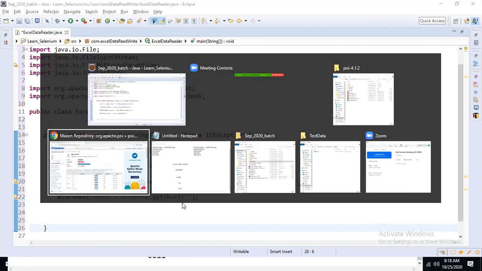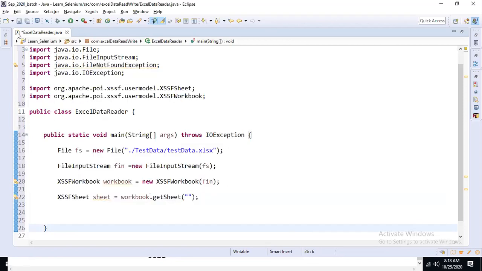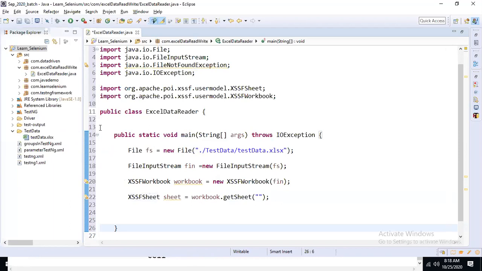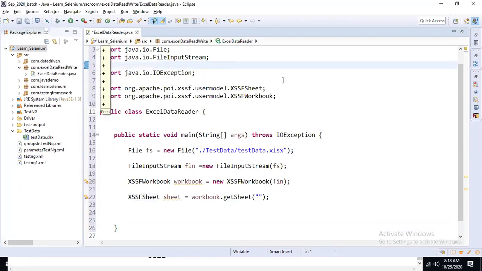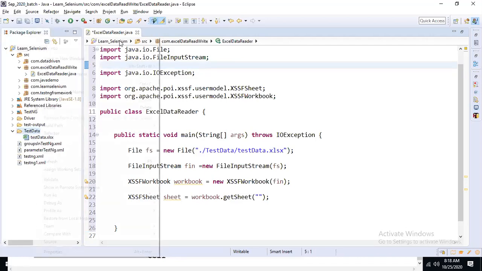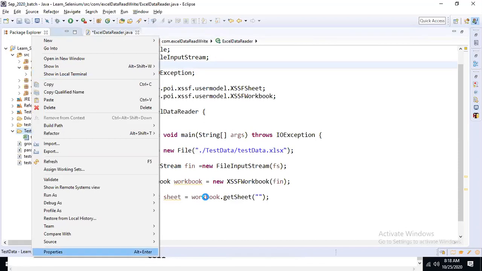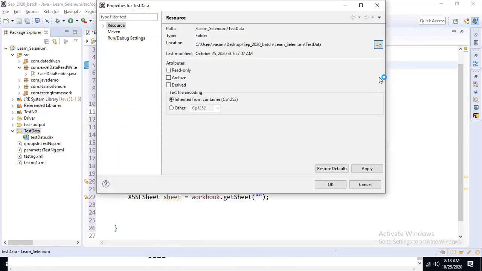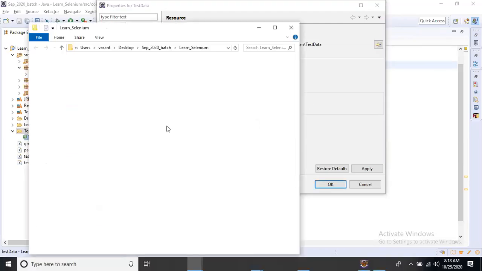If you go to the Excel, where is the Excel? The Excel is in the current working directory. If you go to that location, right click, go to properties and open this location. Maybe I have already opened this location.